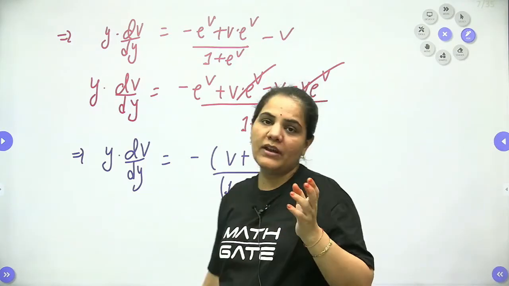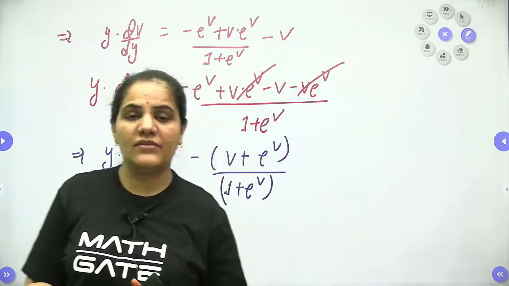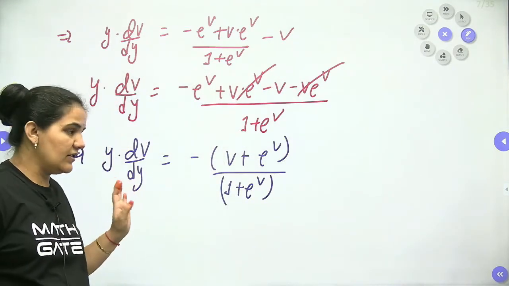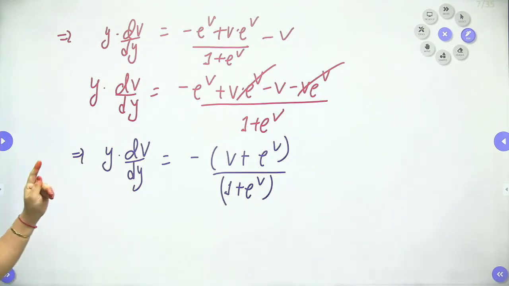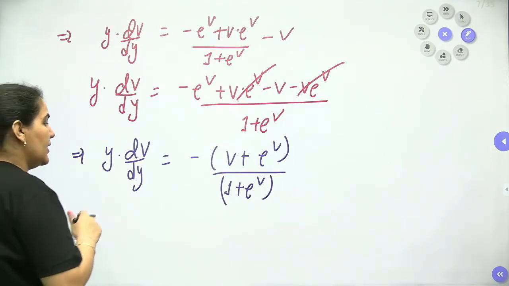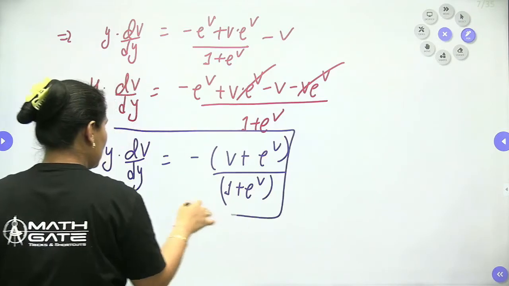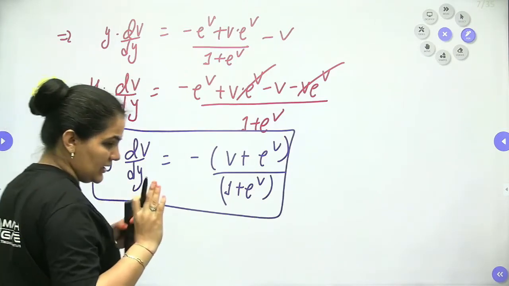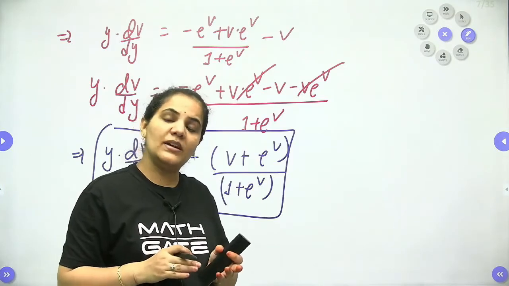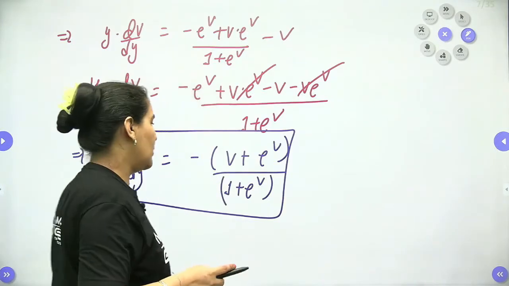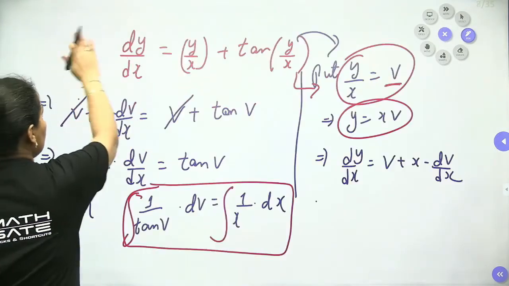Now what we have to do, we have to just approach the variable separation method. This is the final step. From here we cannot approach more, right? So we can do one thing, we can approach the variable separation. According to variable separation, the variables of y will be together and the variables of v will be together. Yes, exactly. So when you approach it, let me write down here only.